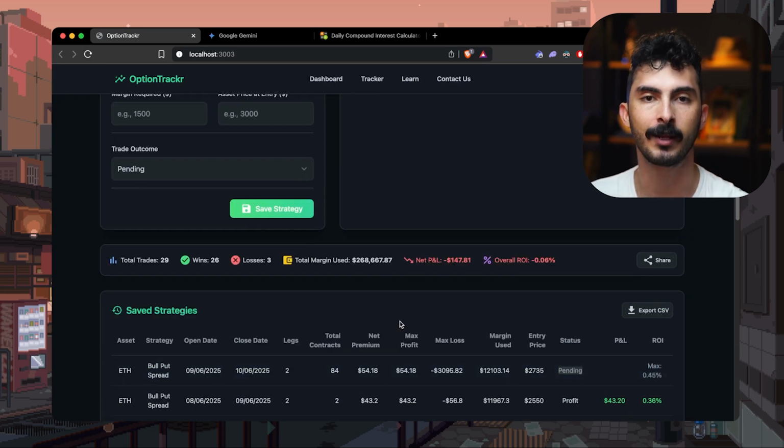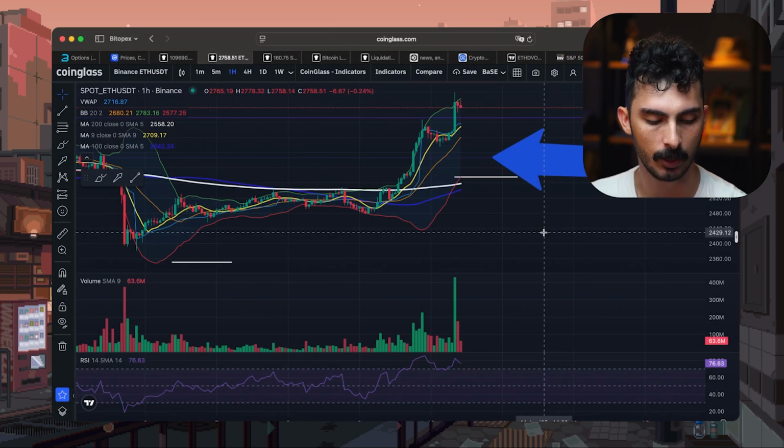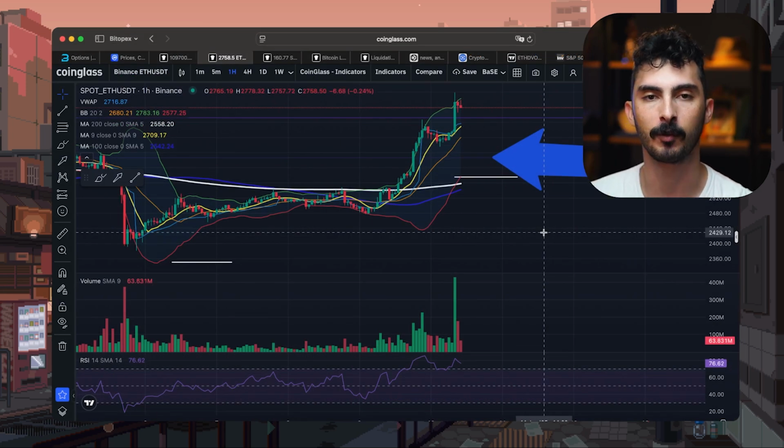So this is how I track, but you can do that on a spreadsheet. You can do it however you feel most comfortable with. But now you understand that the power that AI has is not to trade for you, but to give you freedom to track, analyze, choose your own options to sell, and again, boost that yield on your portfolio, on your crypto, not only with options, with futures.